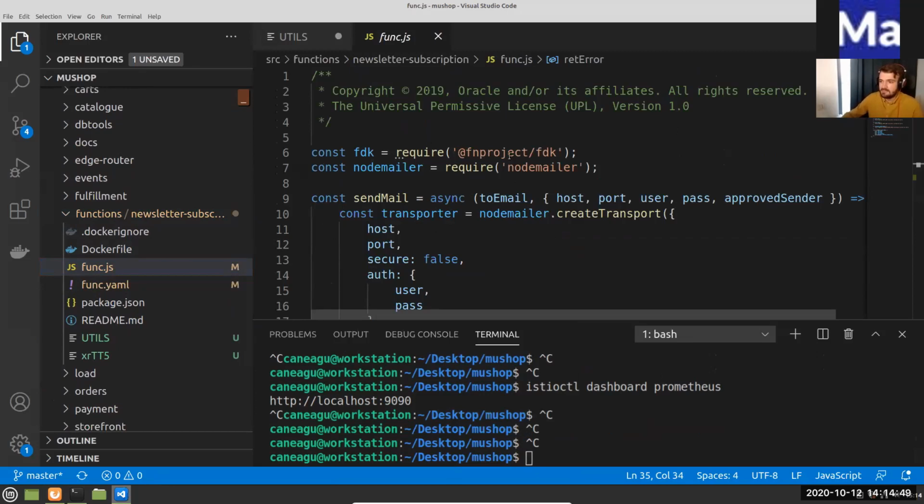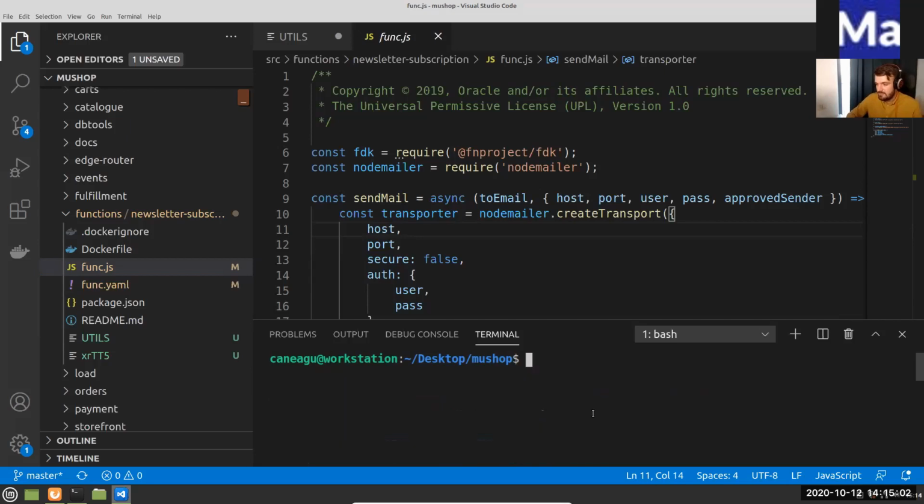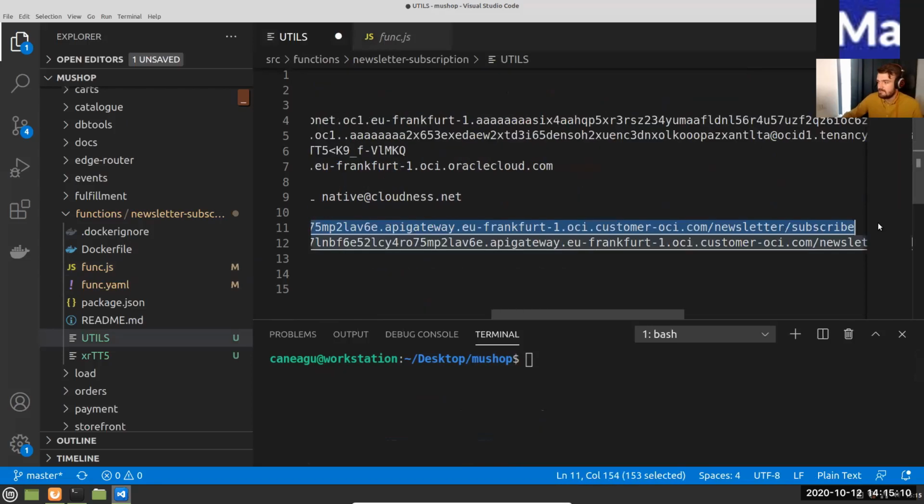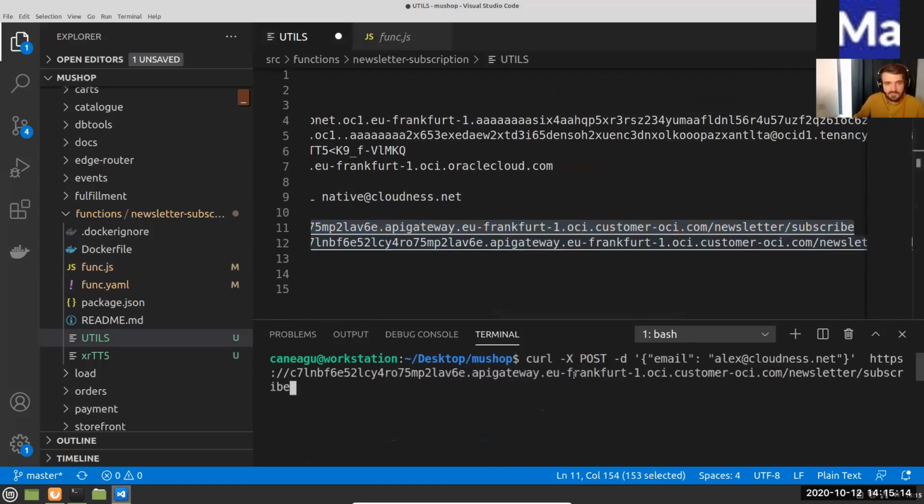And this is a simple application which is going to register my user and send him a confirmation email. This is already provisioned, and this is behind an API gateway, which I already showed you in Oracle Cloud Infrastructure, right? So if I'm going to invoke it manually, because I was saying that we put this in the back of an API gateway just in order to be able to invoke it using pure HTTPS requests, right?